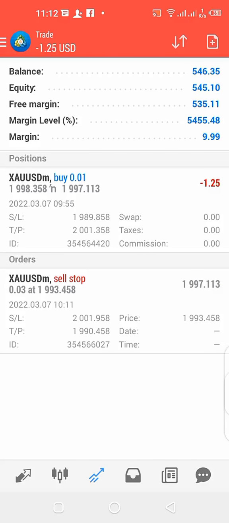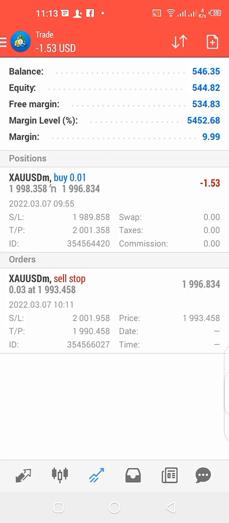It has calculated the edge spacing, 49 pips. That's where my sell stop is placed, 1993.458. And it has calculated 87 pips for both the running buy trade and the pending order sell stop. So I have 87 pips as my stop loss for the two trades. One is running, the other is pending. Okay, so don't forget the Grail Hedge strategy started, in as much as I've closed the running sell trade